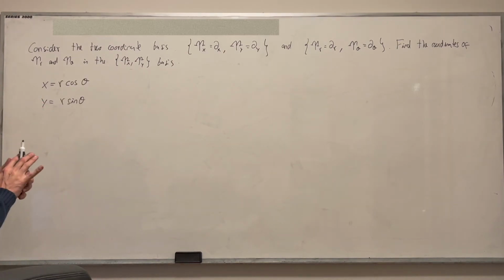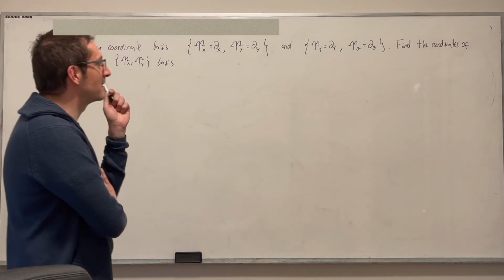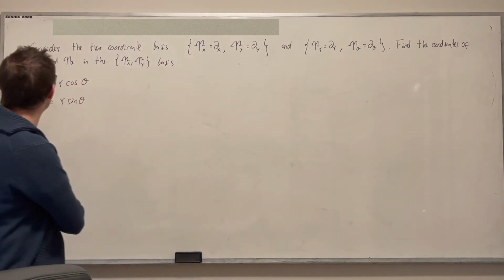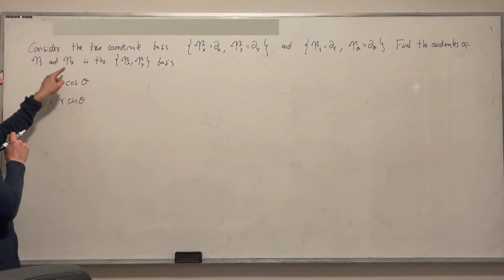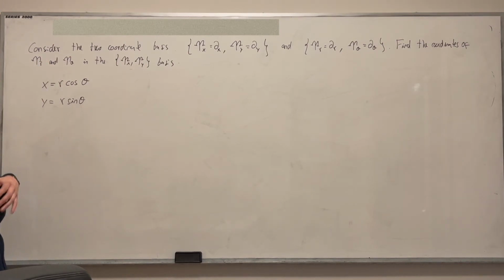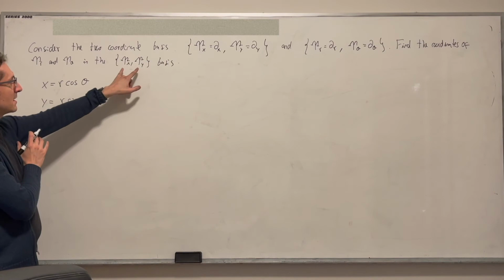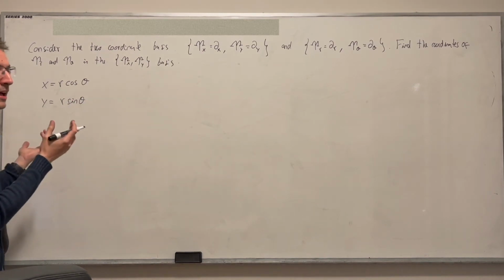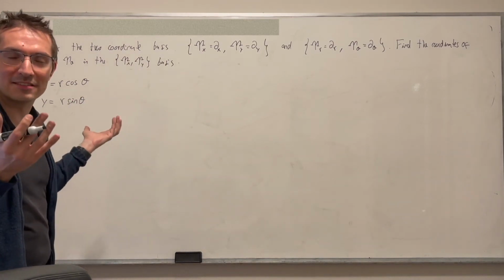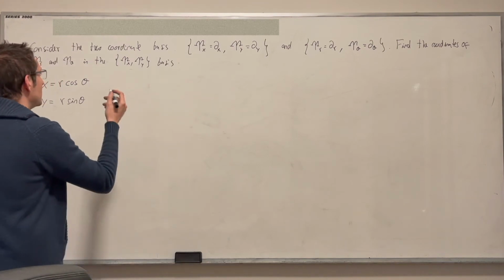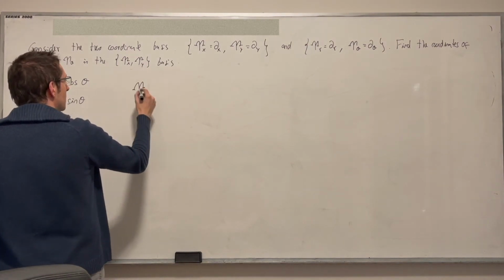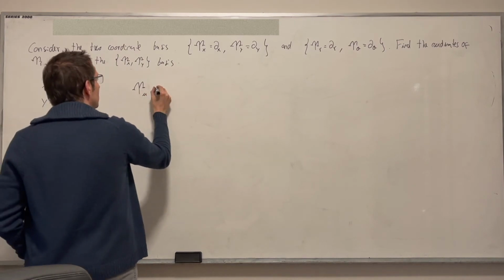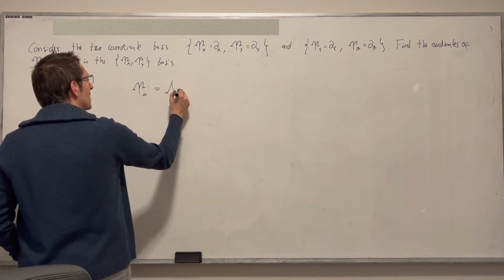All right, so I'm asking you to find the coordinates of the vector of the basis in the radial direction and the vector in the angular direction. And what are the coordinates of those vectors in the xy basis? How do I find that? Well, the change of basis matrix, lambda, right? So I know, of course, that epsilon, let me call it mu, epsilon mu would be equal to lambda mu nu